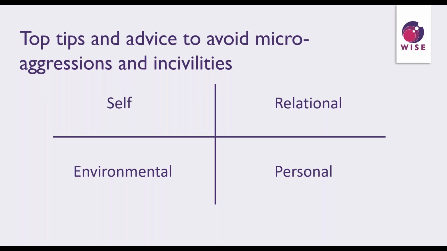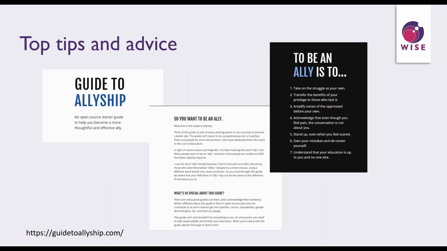And finally, on a personal level, provide the allyship. Did that just happen? Challenge the microaggression you see. People who experience this can be seen as being oversensitive, like I said, so be that second pair of eyes, challenge and speak up, and support those that speak up. This is a useful document that I found on allyship, a guide on how you can become a really good ally. I'll share this link after this session as well, so you've got that to hand.